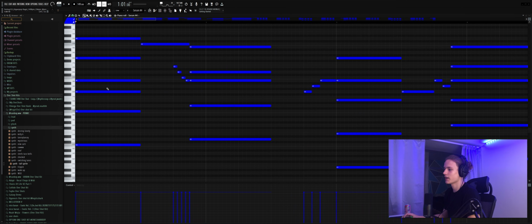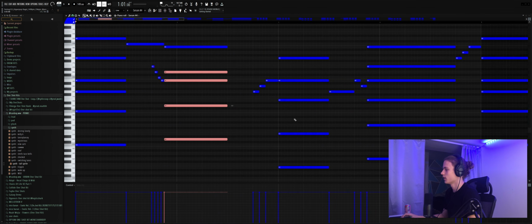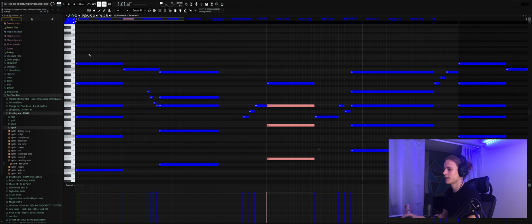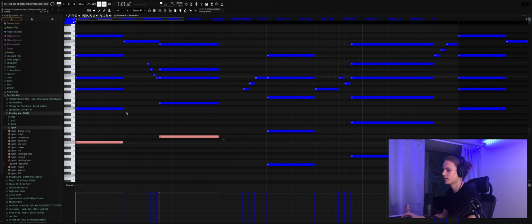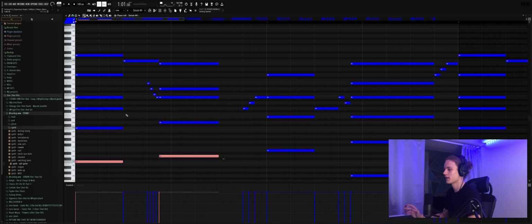Overall pretty simple, just copies those same chords as you can see here. That's the same, that's the same, this is the same. And then I just went in and added top notes just to make it seem more full, and also duplicated the bass notes down an octave just to make it feel really big and really fill up the entire